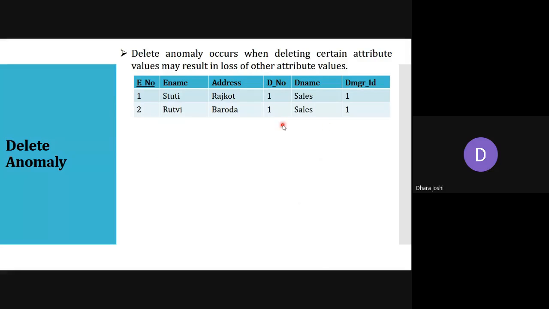The accounts department is no more, and we are getting the problem while deleting the records. So delete anomaly occurs when deleting certain attributes. The certain attribute here is the employee name. It will result in loss of the other attributes, which are the department details. So we are getting the problem while deleting a row.